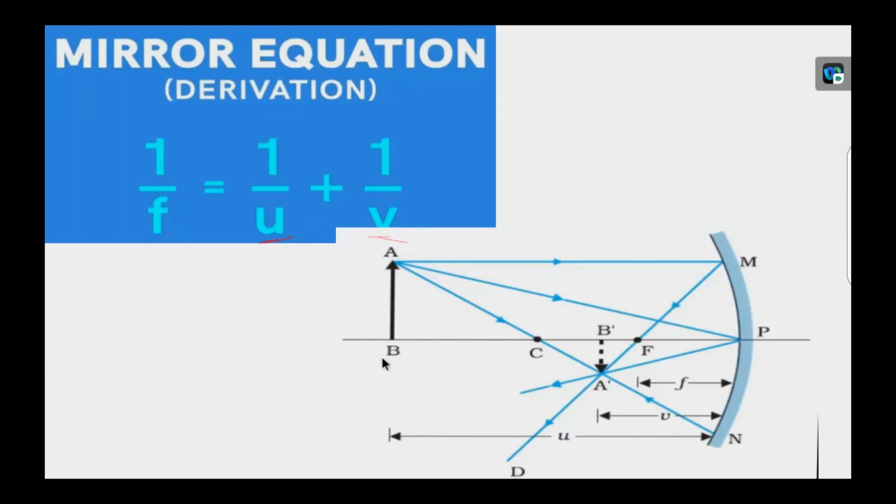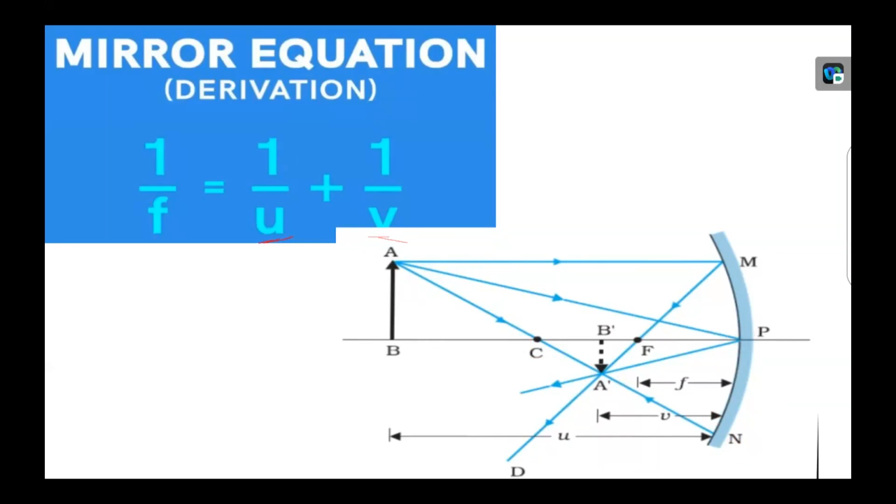Now observe this diagram. BA is the object, C is the center of curvature, F is the focus. Here we have taken 3 rays starting from the tip of the object. One is the parallel beam, one ray is making some angle with the pole of the mirror, and another ray is passing through the center of curvature. At minimum we need 2 rays for finding the position of the image. Here, for our convenience, we have taken 3 rays emitting from the object. BA is the object.